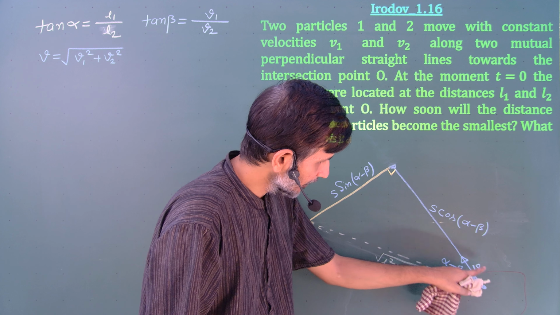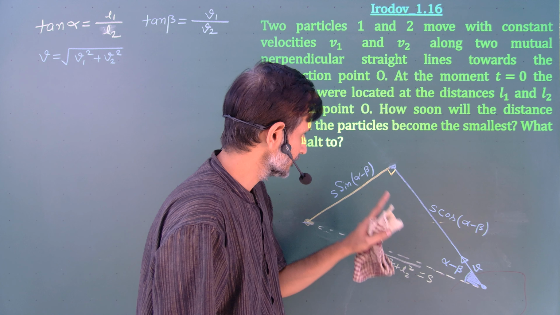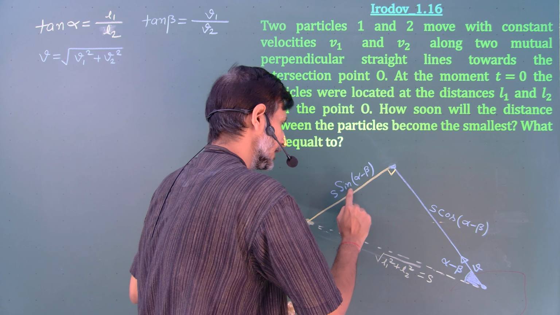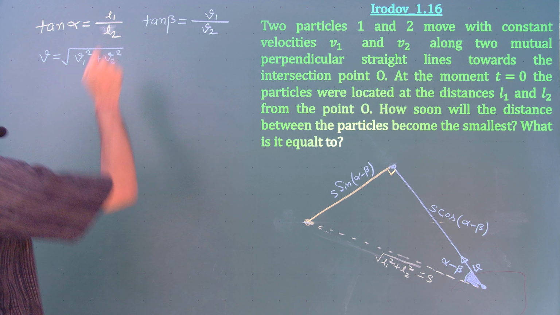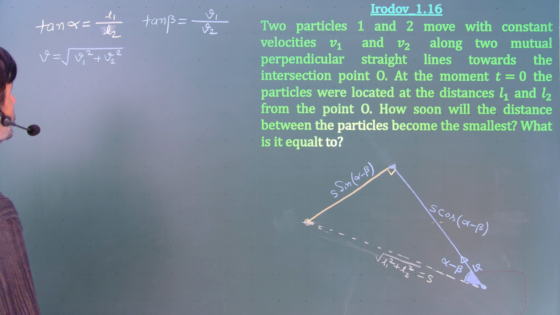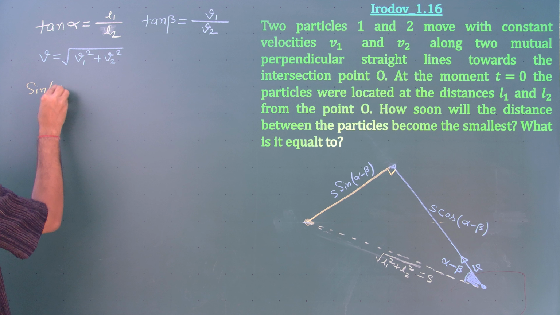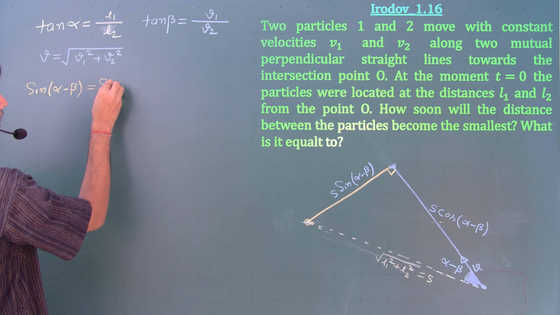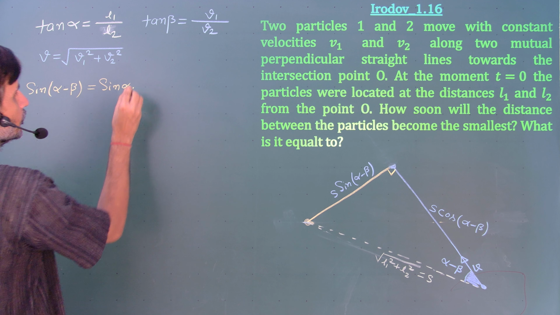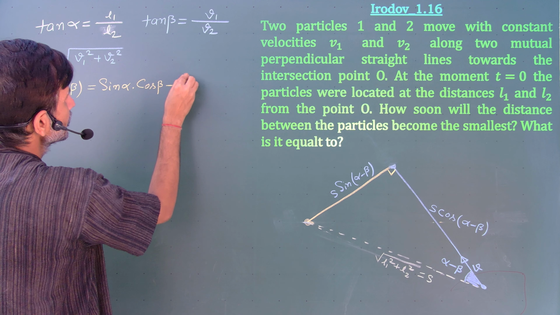So distance divided by speed is the time. So I can calculate the distance and time only when I find sine alpha minus beta and cos alpha minus beta. For that, tan alpha and tan beta I have already calculated. So I know the formula that sine alpha minus beta is equal to sine alpha into cos beta minus sine beta